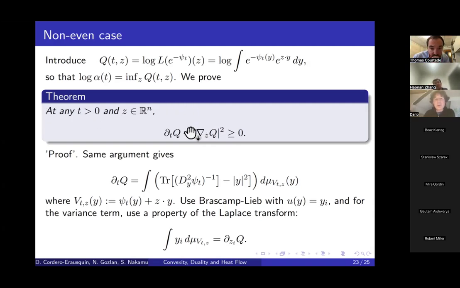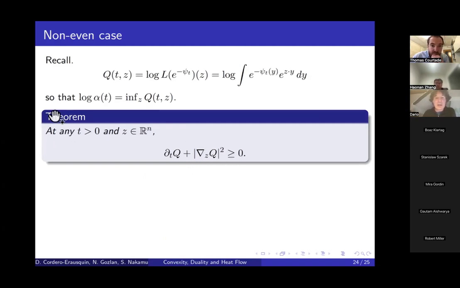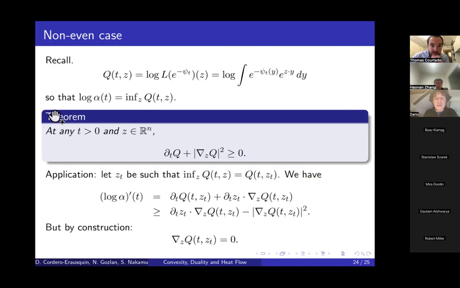Okay, so what I want to prove is that the infimum is increasing. So I don't get anymore that this is non-negative. You see, I don't get that q is non-negative, because it is q plus this positive term that is non-negative. But now, since I am looking at the infimum, let me call zt the point z where this q attains its minimum. Q is, by the way, a convex function; I should have mentioned it. Q, by Hölder's inequality, is a convex function in space z. So if you call zt the minimum,